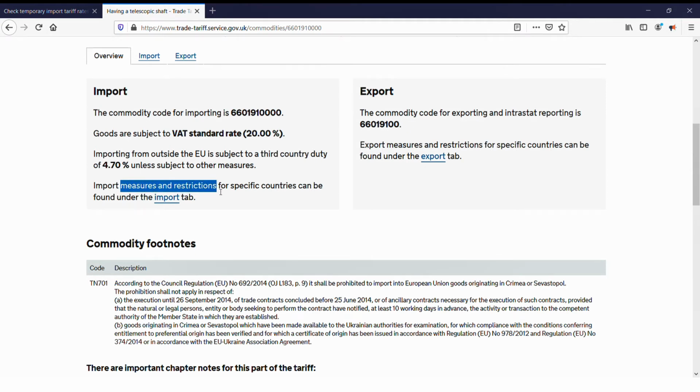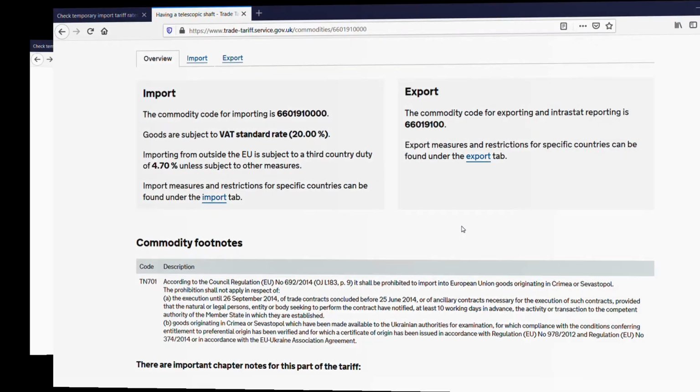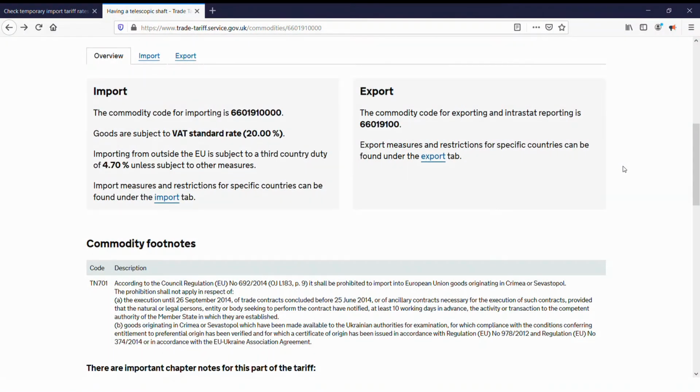Some of these measures may alter the VAT or duty on our movement of goods across the customs border. This is useful information, which might even affect from where we decide to import. If there are any restrictions placed on our imports or exports, we need to know that information also. We can also notice that the import code has 2 more zeros on the end, compared to the export code over here. Interesting. Let's look at the measures that apply when importing first.